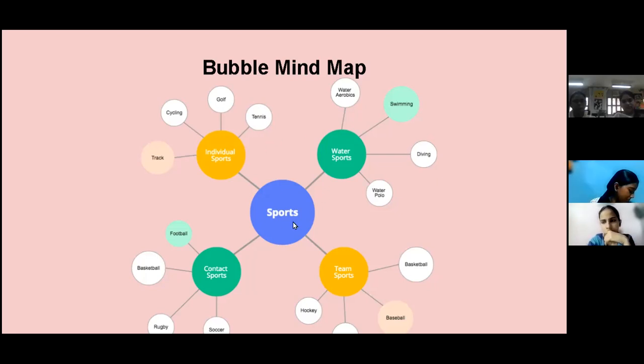So this is a bubble mind map where you have different bubbles coming up. For a central theme, you have four major themes, and out of that it again comes into a bubble type of map. This is a bubble mind map. This also we can use for our computer purpose. Where you use it is your discretion. Like I showed you uses of the internet, I used a circle mind map. You could use a tree mind map also, or a bubble mind map also.